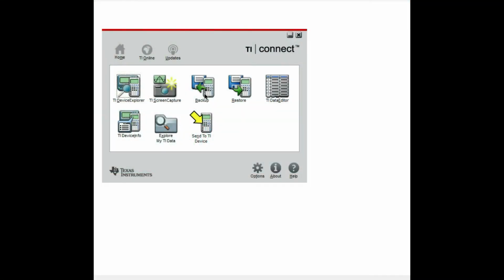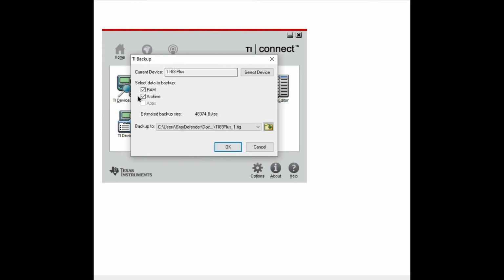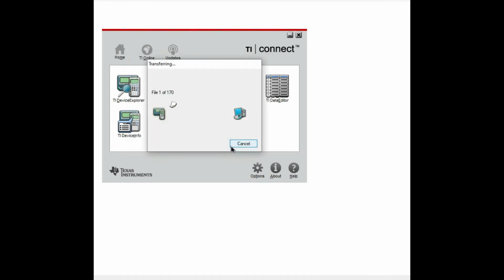One of the first things that I did is I went ahead and went to TI Backup. So once it finds your device, it already has RAM and archive checked. I guess I don't have any apps, so it doesn't have that checked. Even though apps isn't checked, it does back up your program files. And then you just click OK, and then it runs and it goes ahead and backs up your entire calculator,